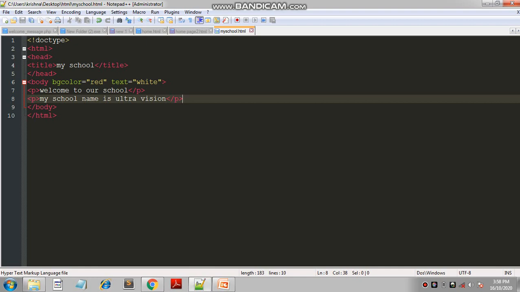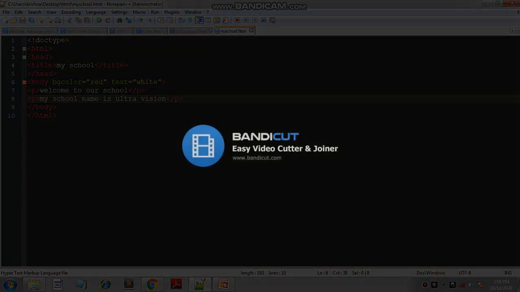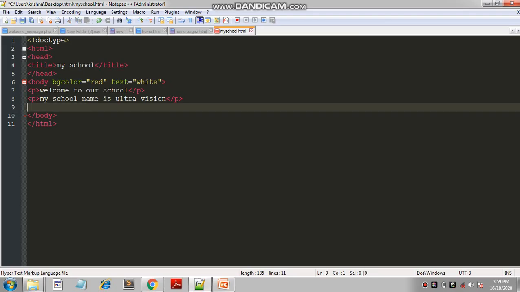Now for a horizontal line, we give a horizontal line to our web page to break the section. So for that we use the HR tag. It is an empty tag, so no closing tag is required. For that take an HR tag.